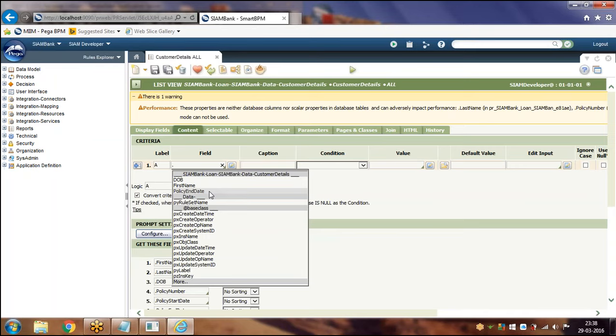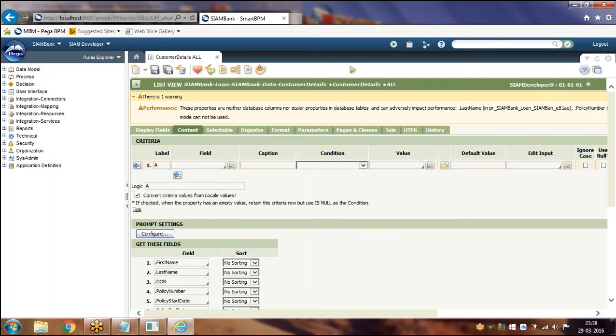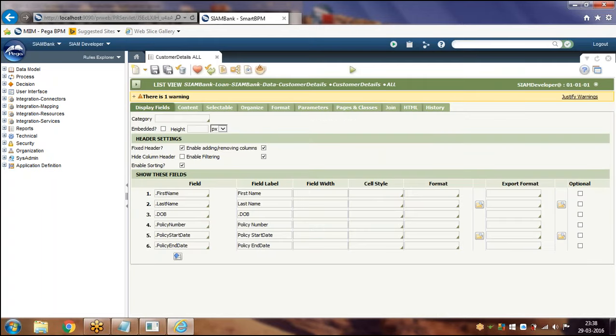Only the exposed properties will show in the criteria. Otherwise, it will not show you. So even seeing that you can know. So even if it is not an exposed property, you can retrieve the list. We can retrieve the data from the blob.